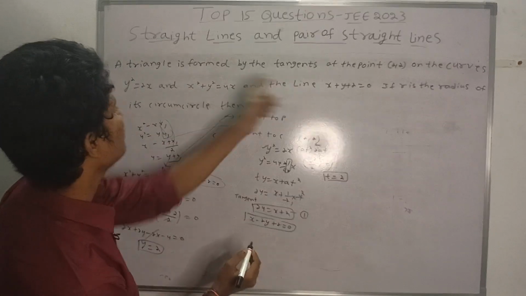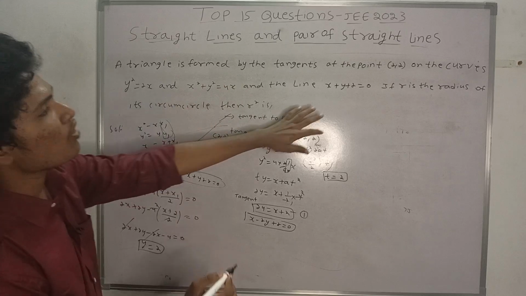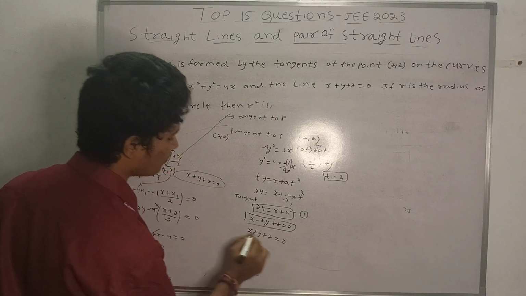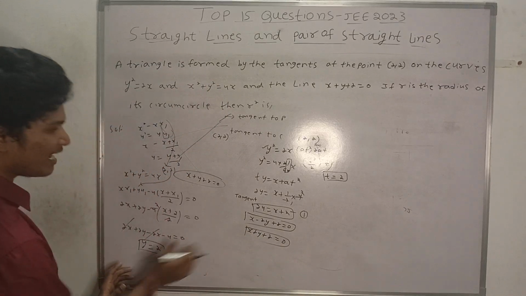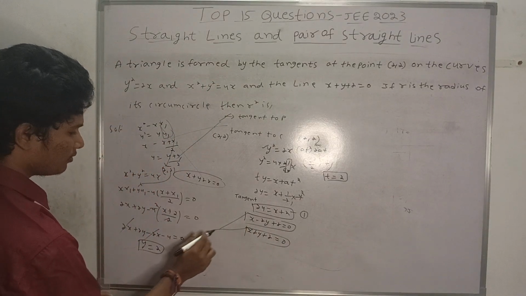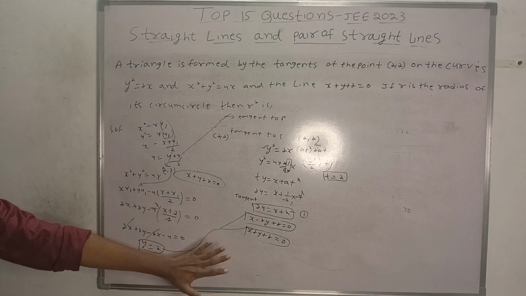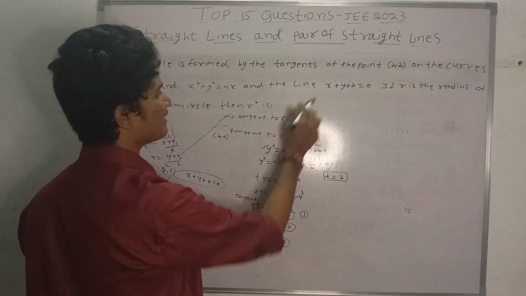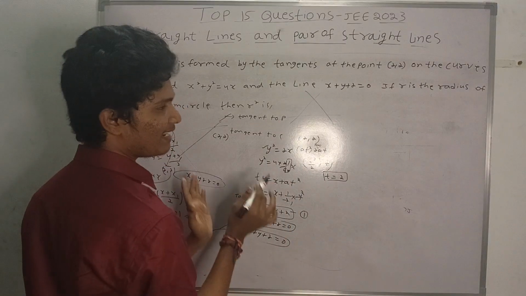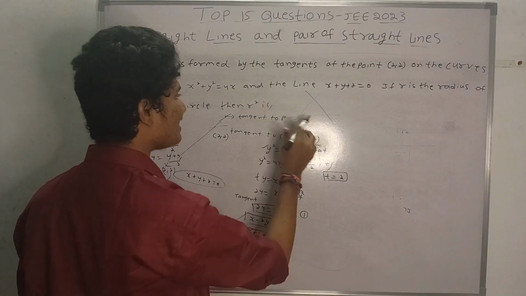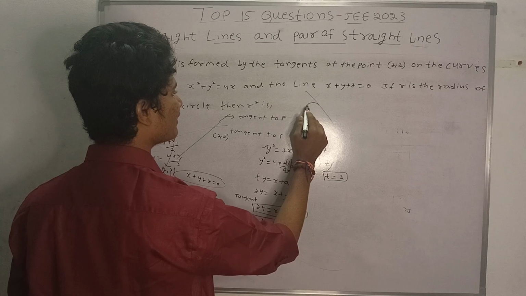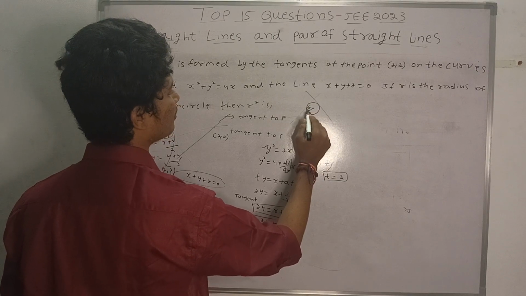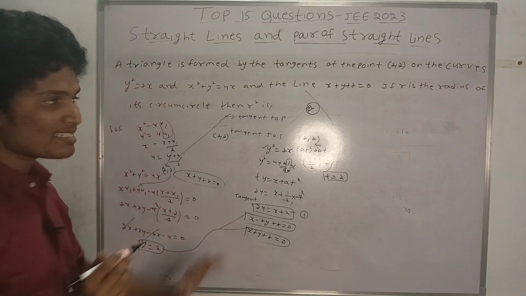And what is our last line? The last line we got is x + y + 2 = 0. So basically these three are the lines. From these three lines, a triangle is formed. Suppose this is a triangle. From these three lines, they are saying that in this triangle there is a circumcircle, and we have to find the radius of the circle. Basically this is the question.